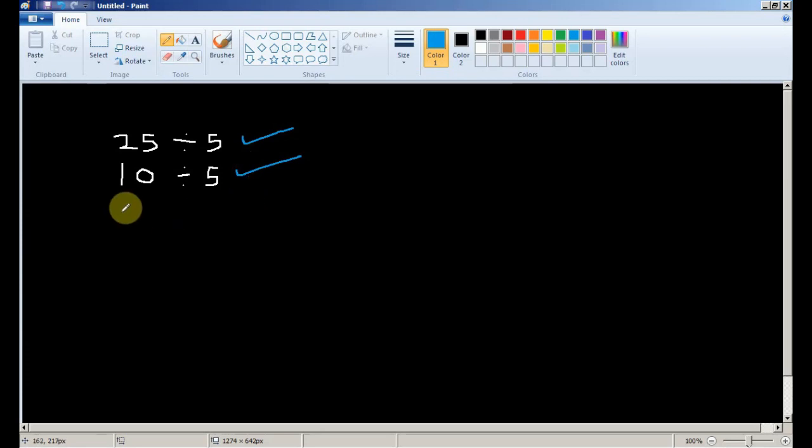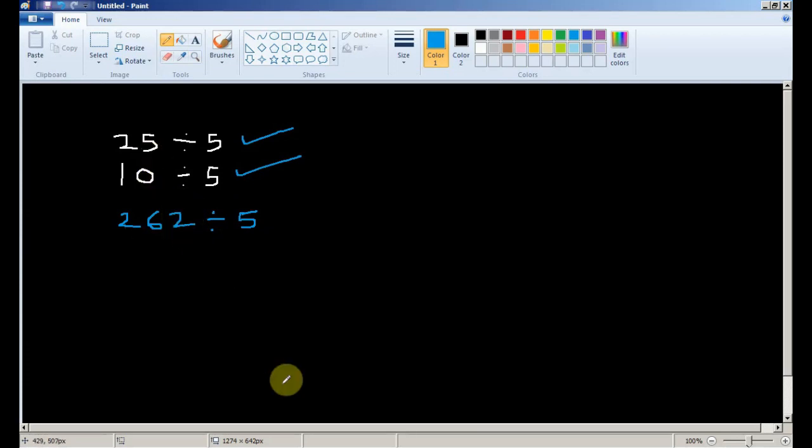So let's say 262. Is it divisible by 5 or not? We don't know, so let's check the last digit. It is 2. It is not divisible by 5. It is not 5 or 0.